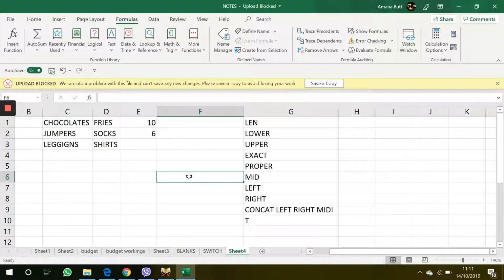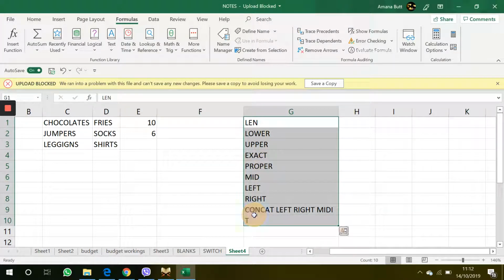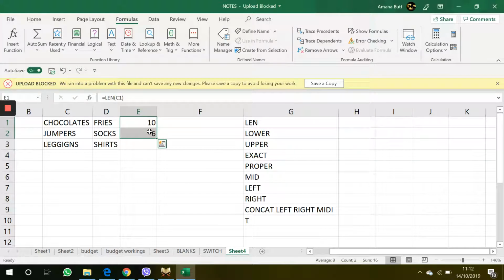In this tutorial, I'll be going through with you some functions that are listed in column G. Let's go together. So first of all, I have this text, and if I want to count the number of